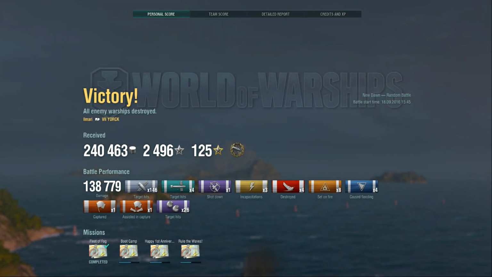Now that was a close game. And for it, Ben received 240,463 silver credits, 2,496 experience, and picked up the High Caliber achievement, whereby he damaged at least 4 enemy ships, and the total damage he put out was over 30% of the total health pool of the enemy team. In terms of his battle performance, he dealt